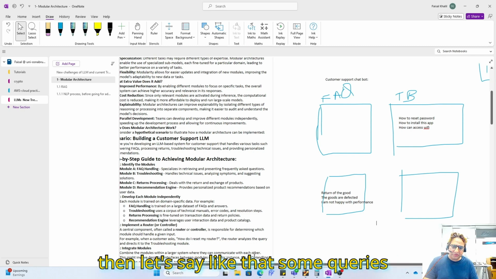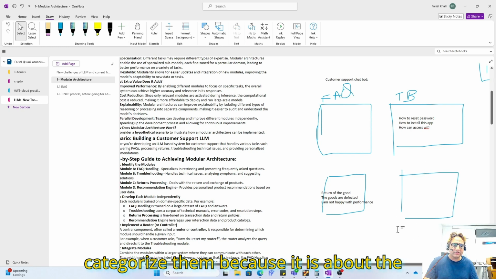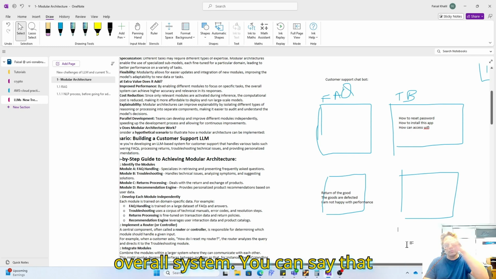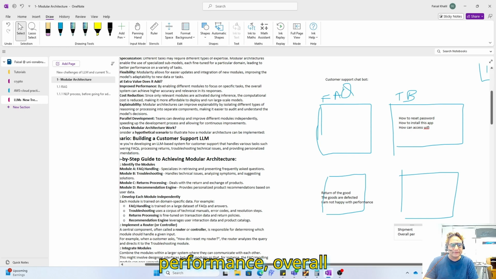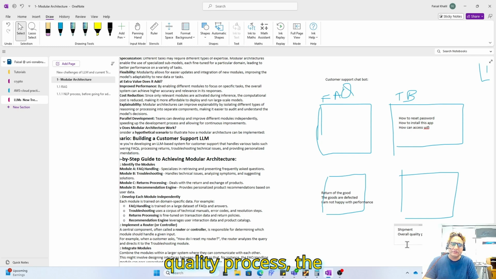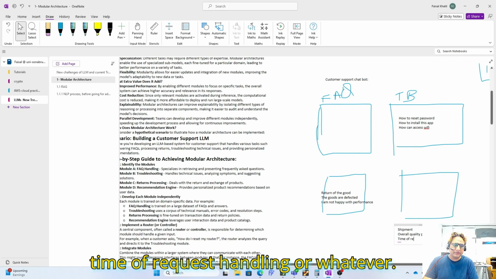And then let's say some queries are general purpose queries. You cannot categorize them because they are about the overall system. You can say shipment, overall performance, overall quality process, time of request handling, or whatever.